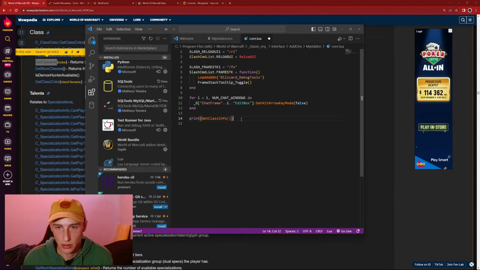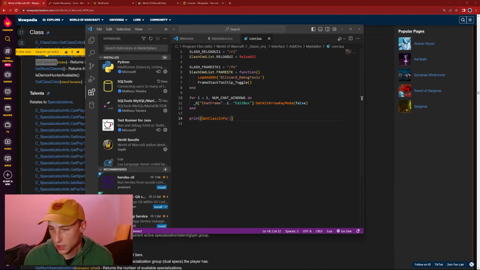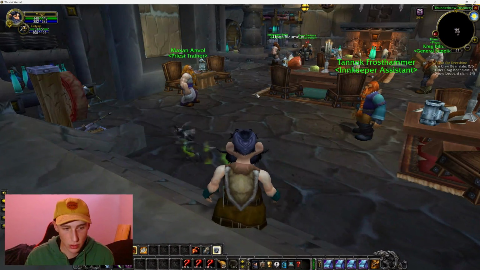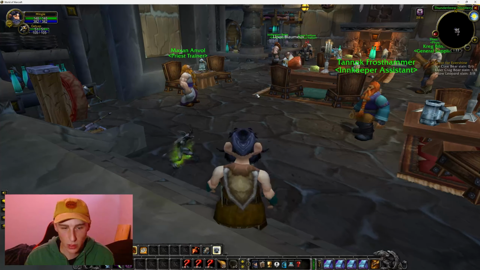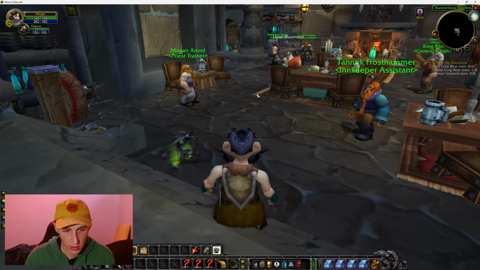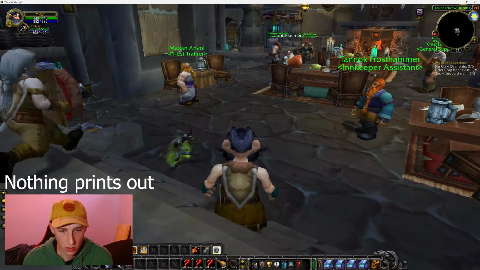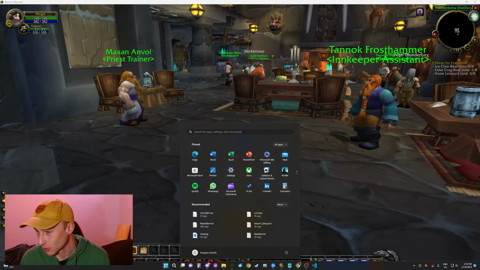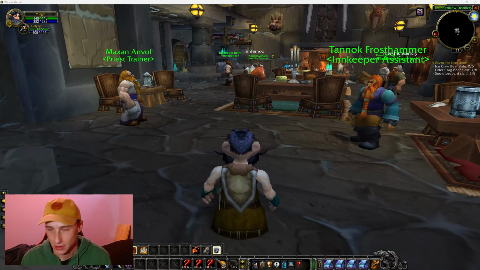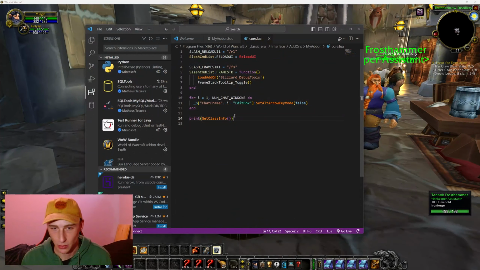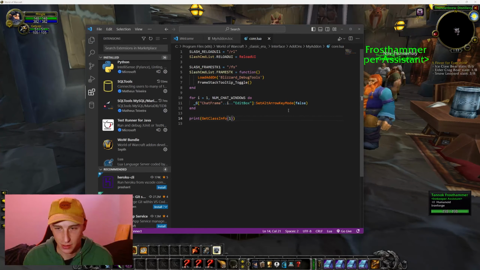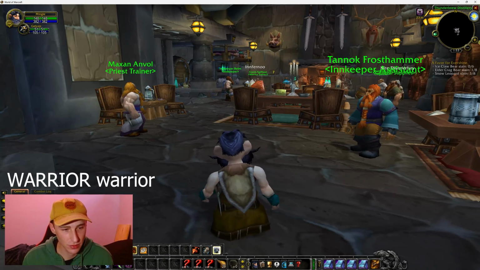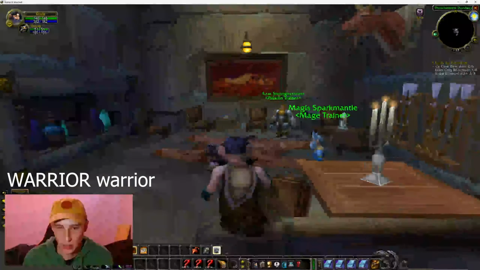But I think if we just leave it, save it, go back to our World of Warcraft game, it should just print it out for our class, Warlock. I'm going to put a little 1 in there. Hopefully that works. Yep, but it didn't give us the Warlock, it gave us the first class in the game,